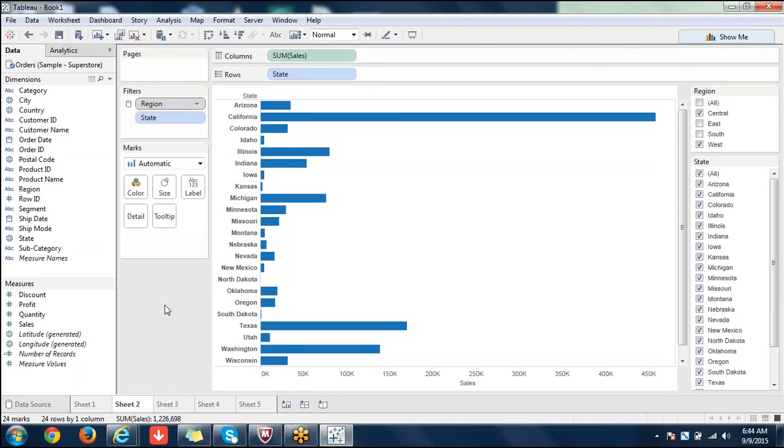Global filters are not any type of these filters. A global filter is a filter applied to all worksheets. Instead of adding the same filter again and again in each and every worksheet, you just say apply to worksheets, so it will apply by default. It's just the same as any other filter.